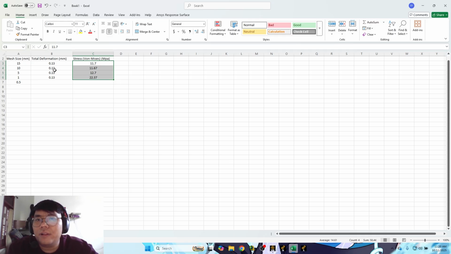I will repeat again. The decreasing of the mesh size makes the stress result increase. This is why we call it the stress singularity.